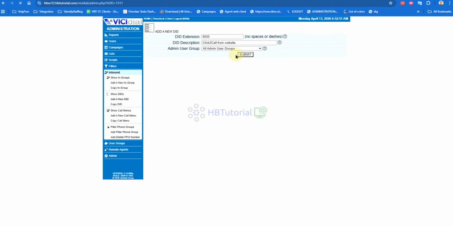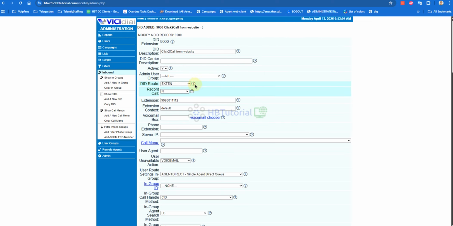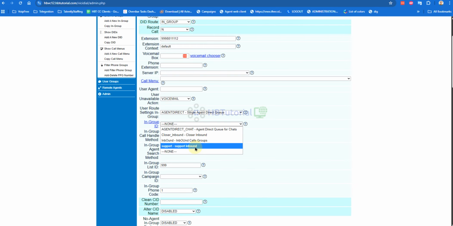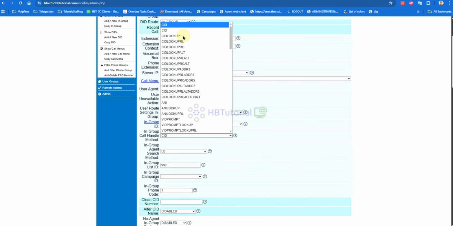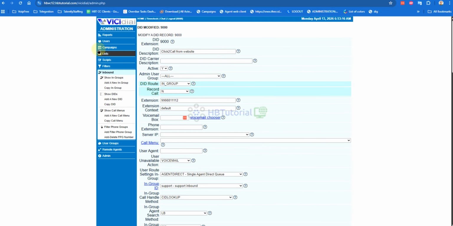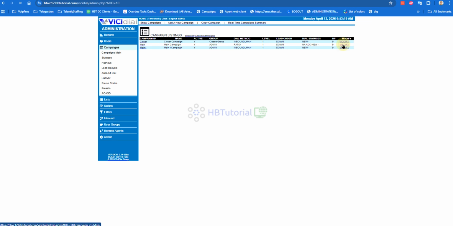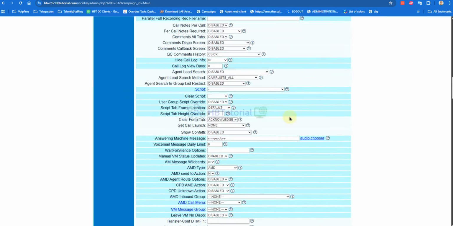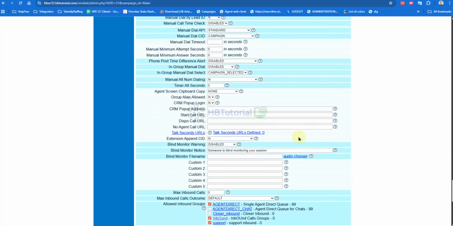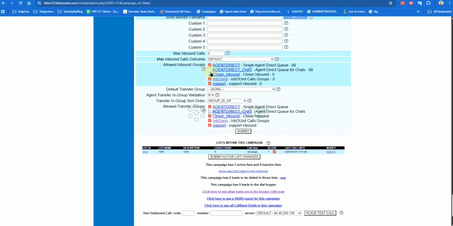Okay, then I can put it in group. I can put it in the support. Okay, submit. Then configure it to campaign one. Okay, we have the support there.